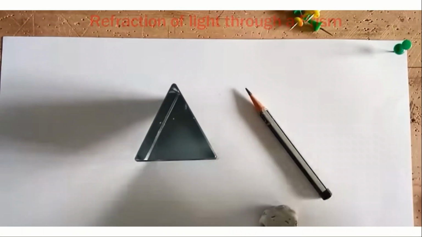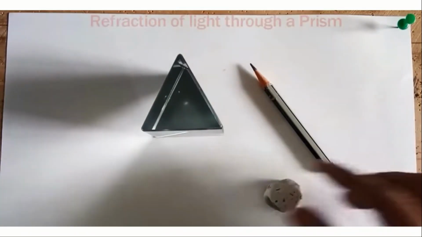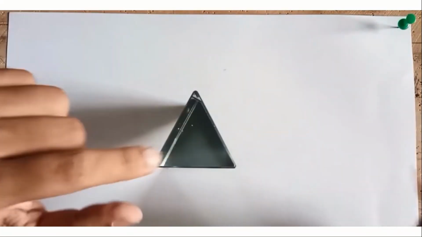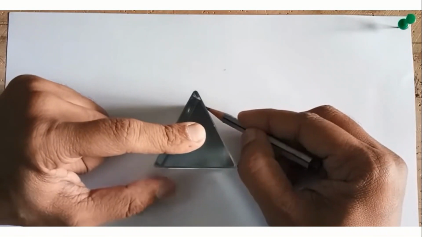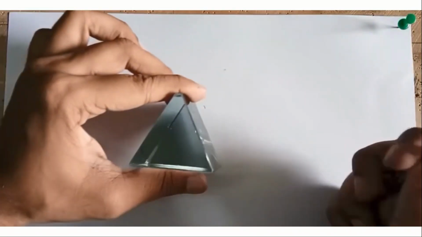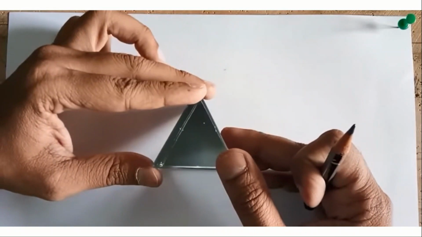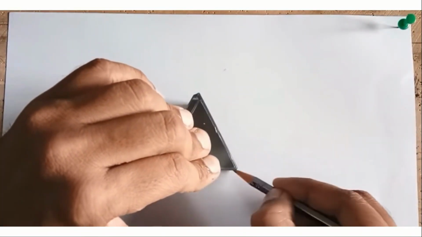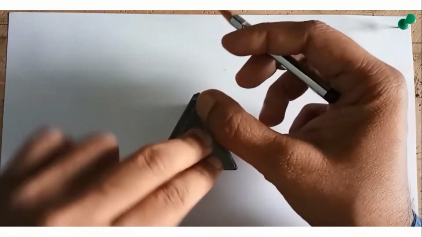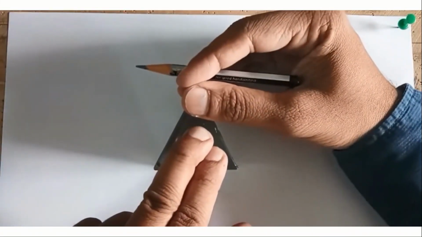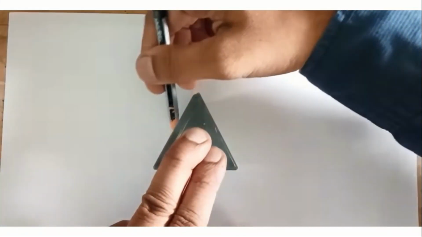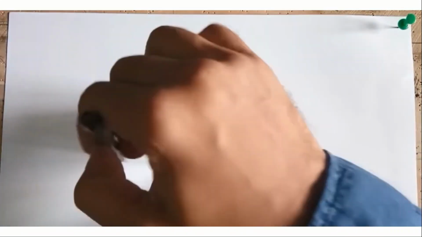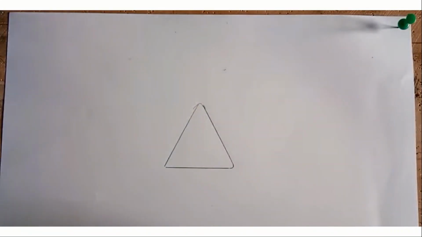So now first what we have to do is, exactly on the center of the A4 sheet, we have to draw the outline of the glass prism. We have to be careful while drawing this outline because if the angle or the side varies, then the deviation will also vary. So first thing is we need to draw carefully the outline of glass prism. The glass prism is a transparent material where dispersion and refraction of light takes place. So this is the outline of glass prism.